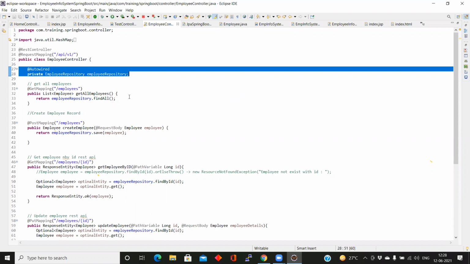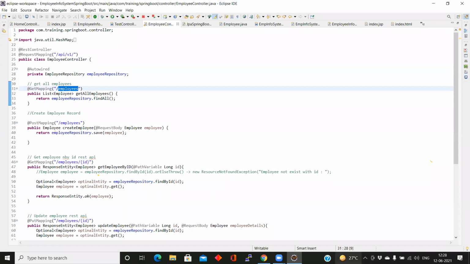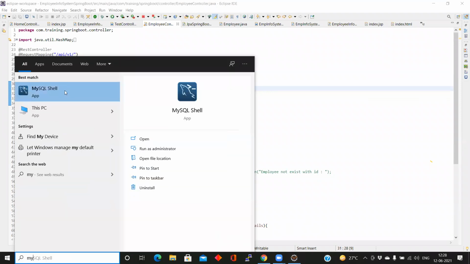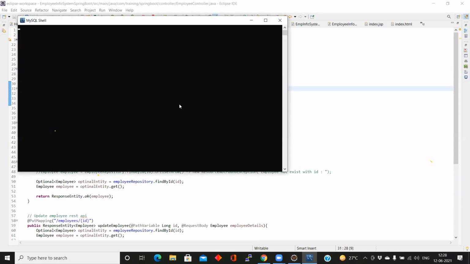But before that, suppose there are functionalities. First, it is the same application written as a CRUD application, and let me open the database. One minute.